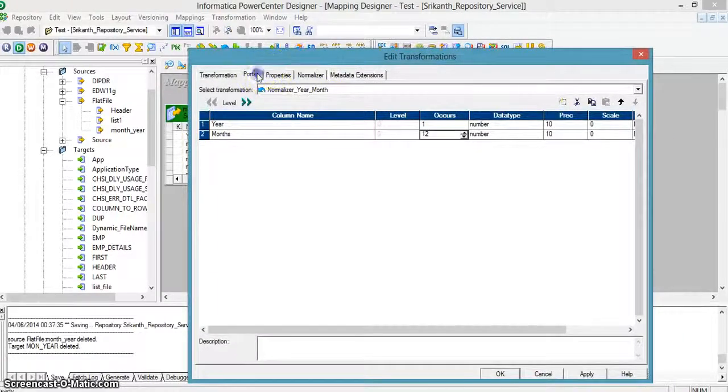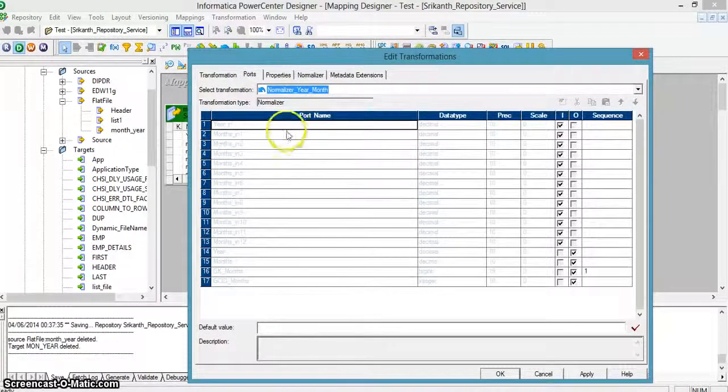Coming to the ports tab, we can see the input ports. For month, I have given occurrence 12, so we can see the 12 month values, month in 1, month in 2, and so on. These are all input ports. For year there is one output, for month there is one output, and by default GK month and GCID month are the two additional outputs. Here GK is the generated key value, by default set to 1. For each session the value will start from 1 and increment by 1.